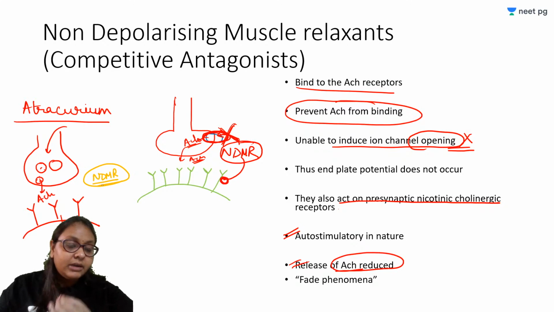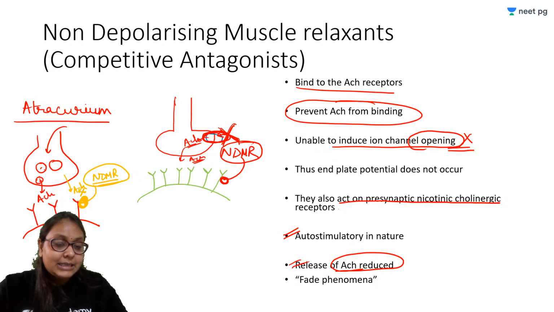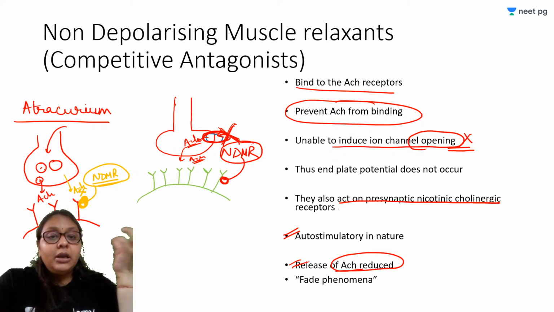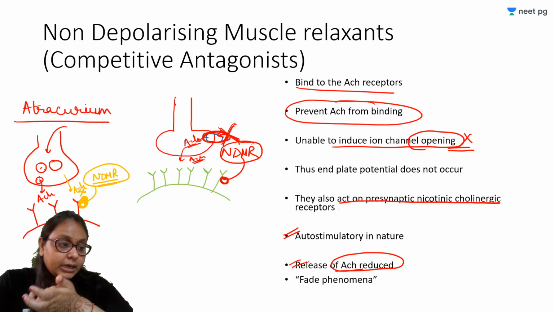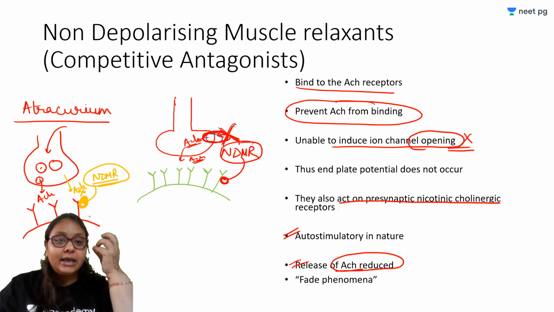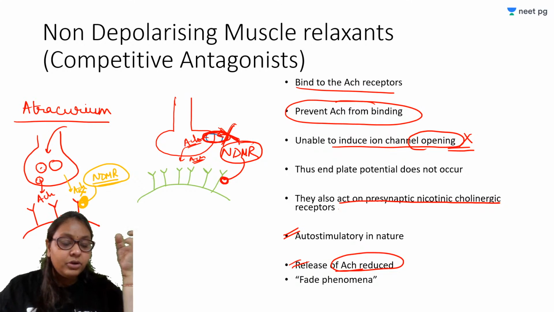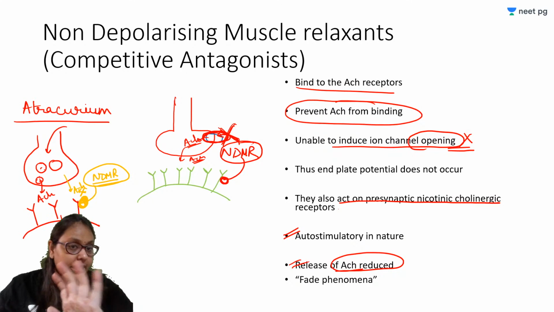These are the competitive antagonists. What they will do, these will go and bind to the acetylcholine receptors. When they bind, there will be a structural change, and therefore acetylcholine cannot act on it. So basically it is causing desensitization. The receptors are becoming desensitized to the acetylcholine. And as acetylcholine cannot act on it, there won't be any influx of the sodium, and therefore the impulse won't be conducted. Okay, so that is on the